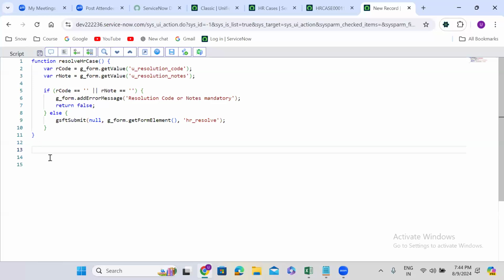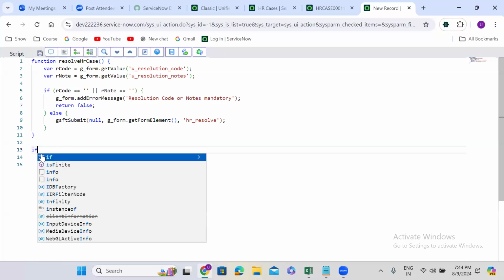So here outside the function, you can write server side script. And also we need to make sure, when you are moving from client side function to server side, that there are no browser errors. So for that you have to check if